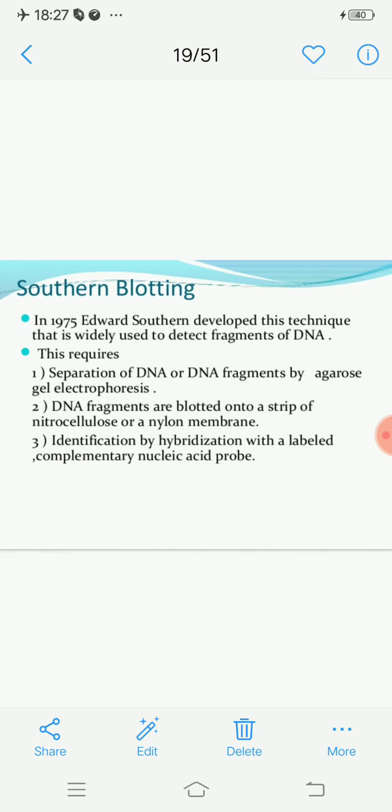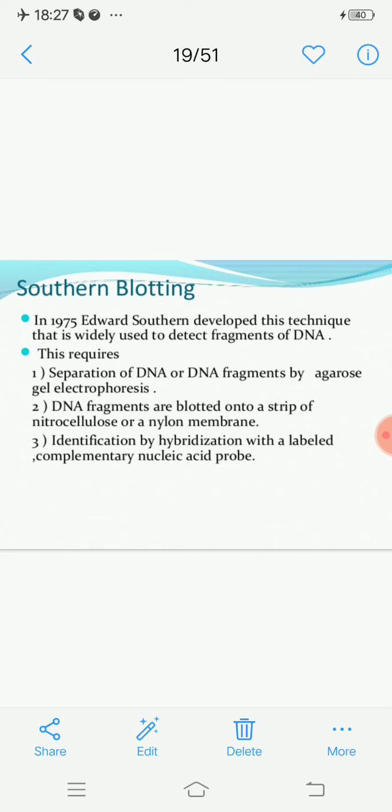In this slide also the same things are given, like the separation of the DNA fragments by agarose gel electrophoresis. Then it is blotted onto the paper, that is the nitrocellulose or the nylon membrane. Why is only nitrocellulose or nylon membrane used? Basically, of these two, nylon membrane is mostly used. Why? Because it has an adherence nature, meaning whatever bands are present on the gel easily transfer or adhere to the nitrocellulose